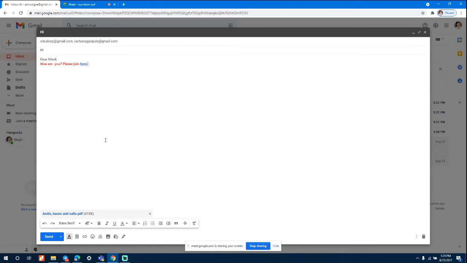I'll just remove the highlight. We don't want any. Do you see this? This has become blue and it has become clickable. If you click here, it shows you the link. Now if I send it to Shruti, in the mail she can click on this and access the link directly. She does not have to copy and paste it in the browser. She can directly click here and get to the link. Let's suppose you are sharing some interesting YouTube video, you can just add the link like this.